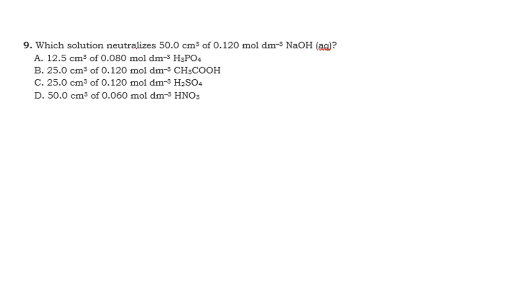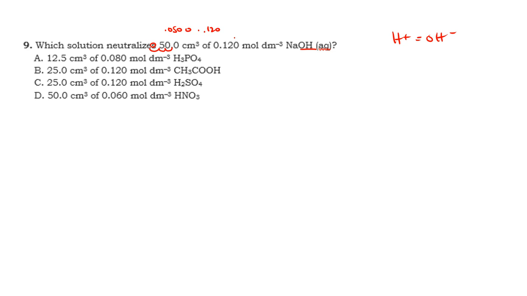So I know that when I'm looking for neutralization, I need equal moles of H pluses and OH minuses. So that's my goal, is looking for equal moles of H pluses and OH minuses. So I'm going to do a quick shortcut finding moles of hydroxide here. I need to turn my cubic centimeters into cubic decimeters. I'm going to do that by dividing by 1,000. I'm going to go backwards,